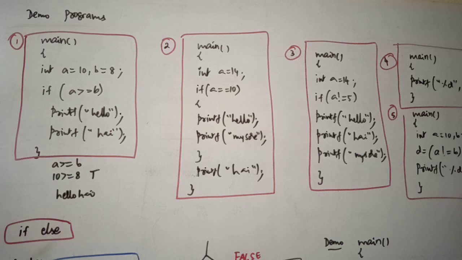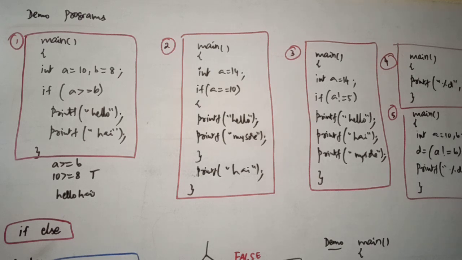So I have given 5 demo programs here. Now what is a demo program? A demo program clearly explains how the concept we discussed earlier works. Look at program 1. Always observe once in the program, if there is an if, to which syntax the program belongs. Is it syntax 1 or syntax 2 or syntax 3? Look at the if condition, how many statements are there? 2 are there, printf hello and printf hi. Are all the statements within braces? No. So it comes under syntax 2.